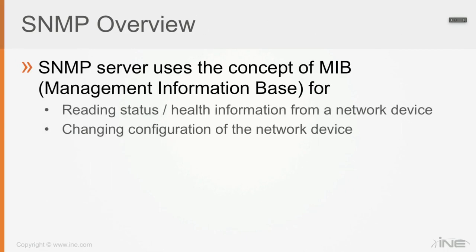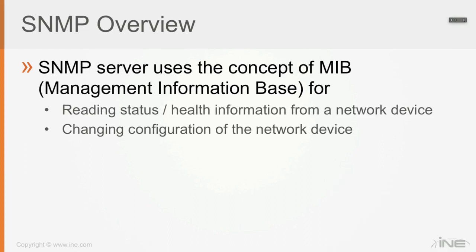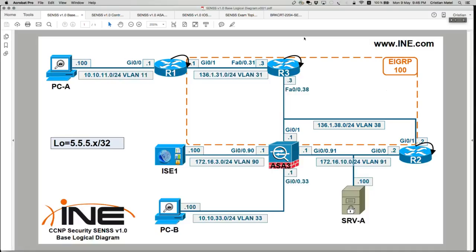Now, the SNMP server or the manager uses the concept of MIB, or Management Information Base, in order to read status or health information from a network device, or in order to change the configuration of a network device. So via MIBs, what that means is that the SNMP agent looks like a tree on the devices. So the MIB is going to be like a tree